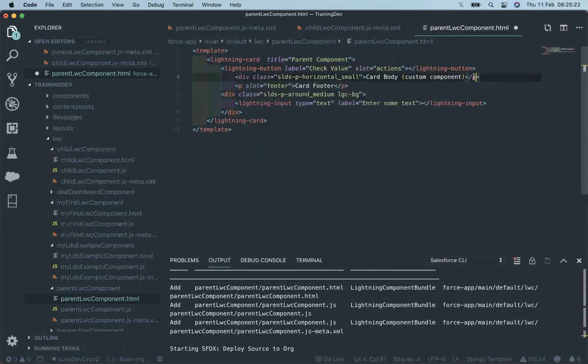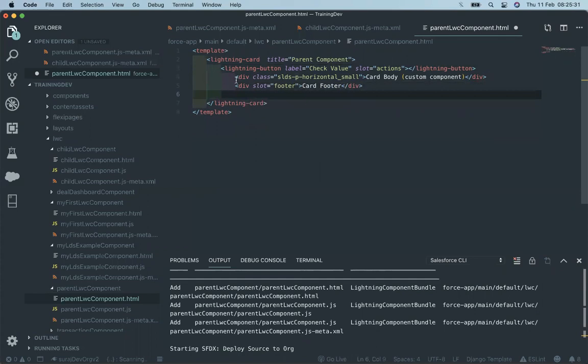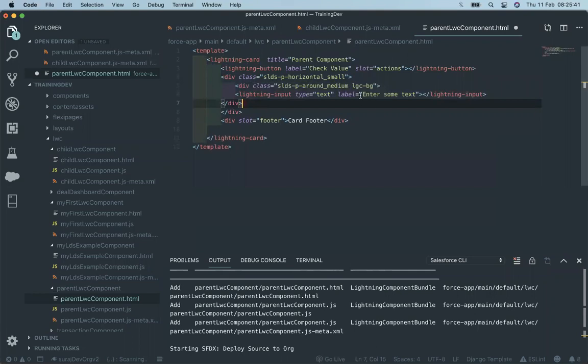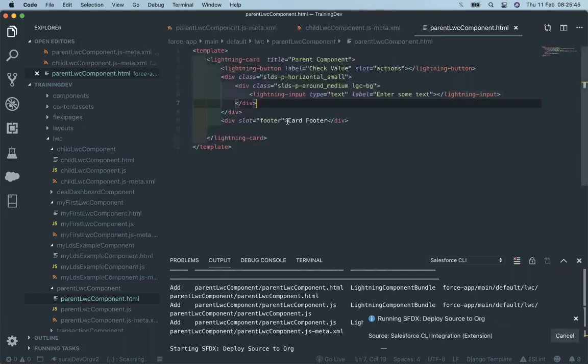I'm reviewing the p tag to take back. Save it and deploy it.